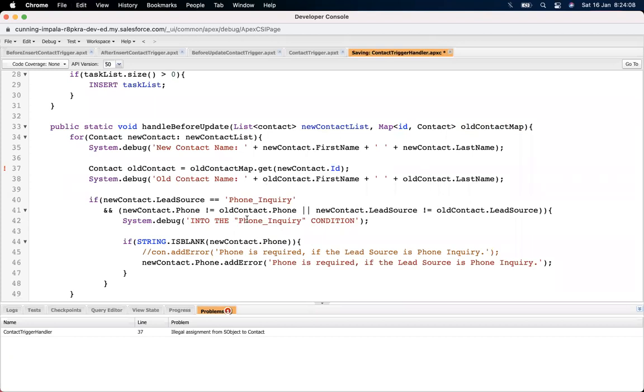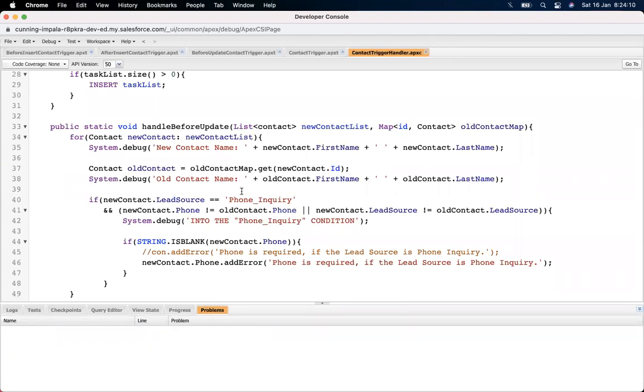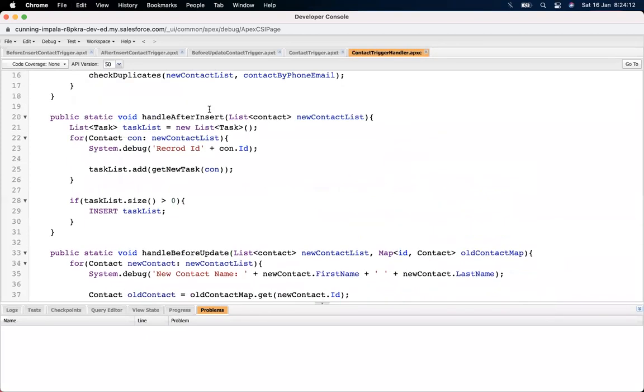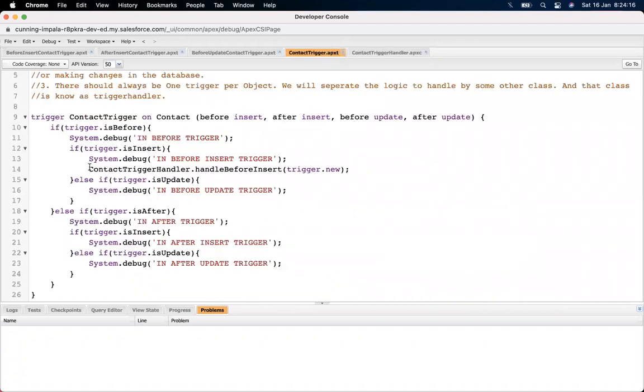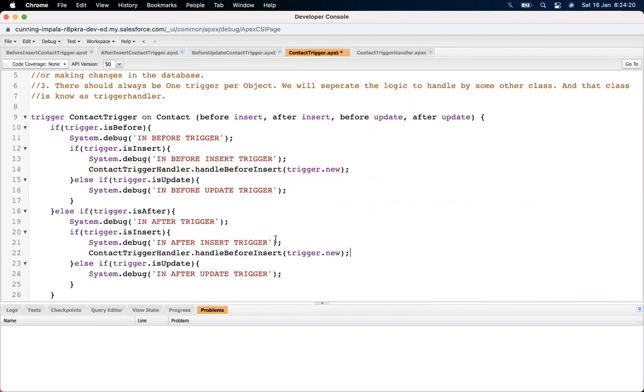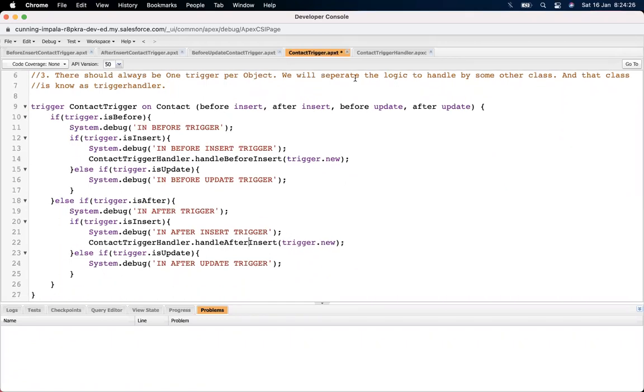To save. It's saved. Now I just need to call these two methods in my trigger. So after insert, and before update.